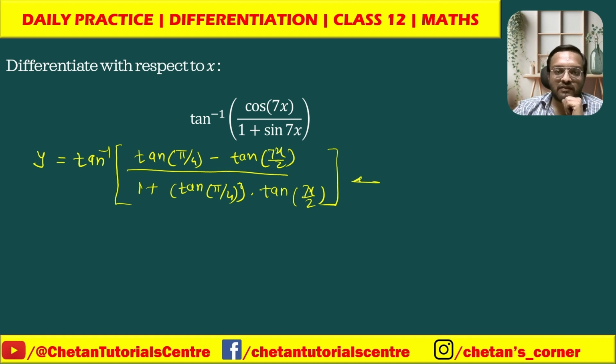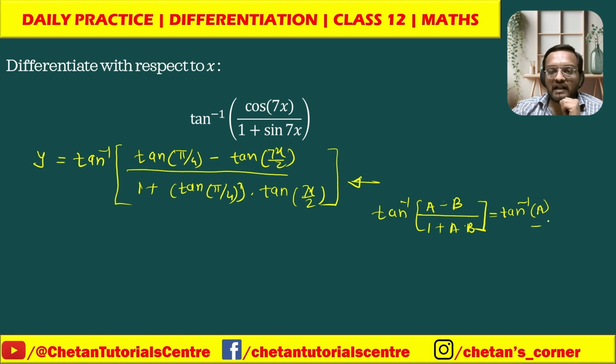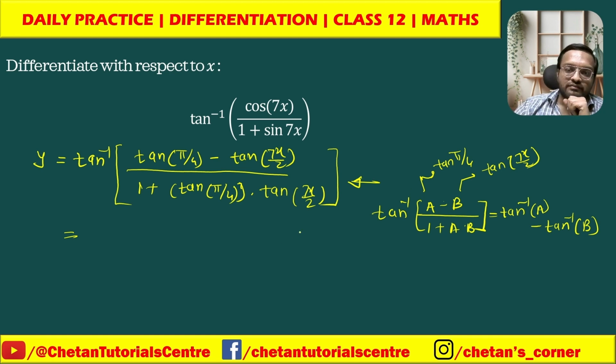Now here I will use the formula tan inverse of (a minus b upon 1 plus a into b), which is equal to tan inverse of a minus tan inverse of b. Then what I will get, here the value of a is tan pi by 4 and the value of b is tan 7x upon 2. Then I will apply this formula. Then what I will get,